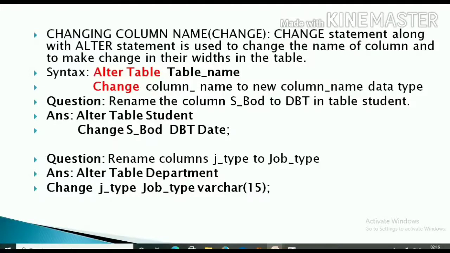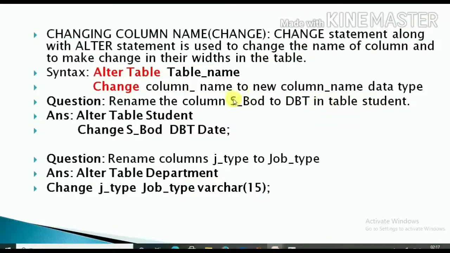So along with ALTER TABLE we use the CHANGE statement to change the name of the column and to change its width. So the syntax will be ALTER TABLE table_name CHANGE old_column_name new_column_name data_type.